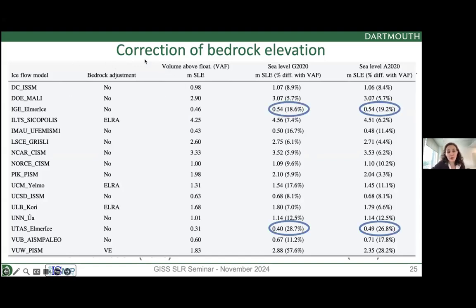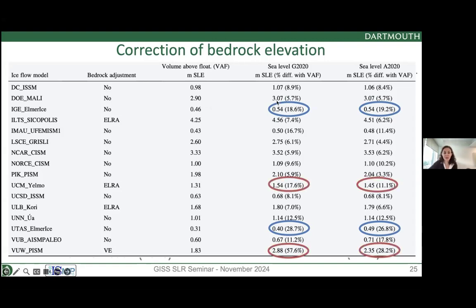And you see here what the models did for the bedrock adjustment. First, most of the models do not include any of that, and then the other models have either viscoelastic response or an elastic lithosphere, relaxed asthenosphere, that's a mouthful, ELRA, I should say it this way, bedrock model. And so another thing you can see here is that a few models, you might have seen that, and that's why I wanted to mention it, a few of these models seem to have more than 10% difference compared to the previous calculation, up to 20, 30%. These are models that have actually a really small response to changes, and so adding a little more, the correction is not that big, but it represents a non-negligible fraction of the percentage.